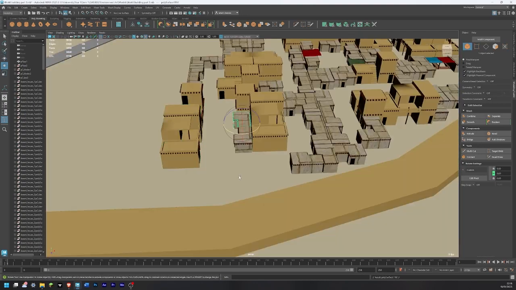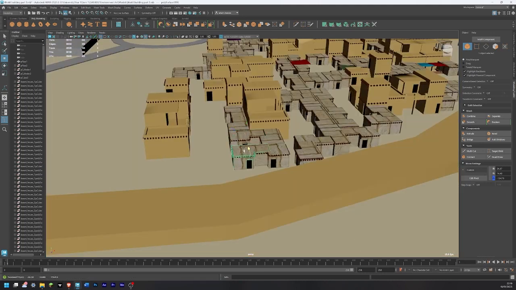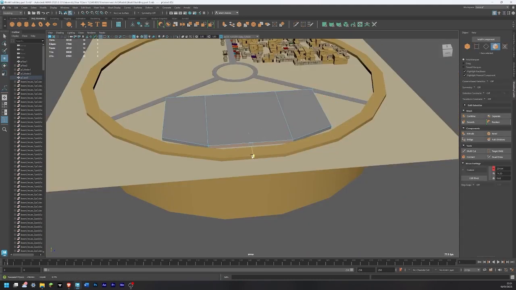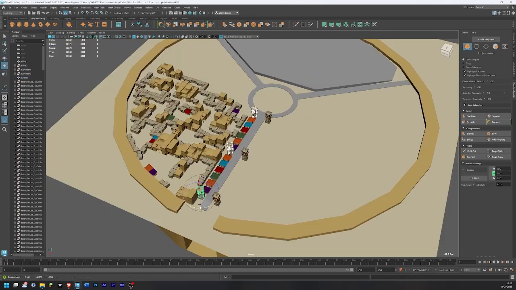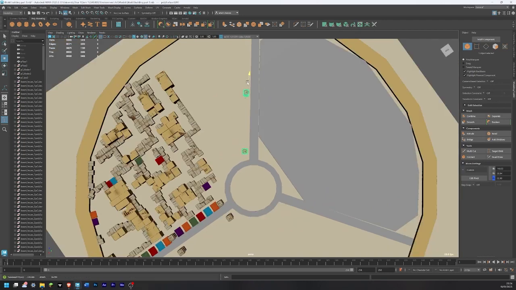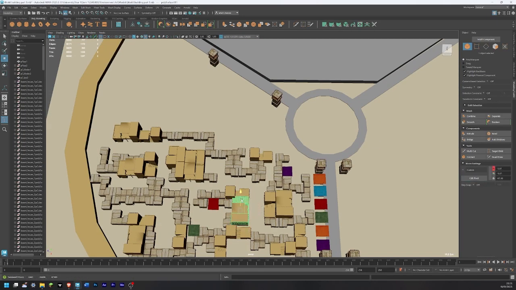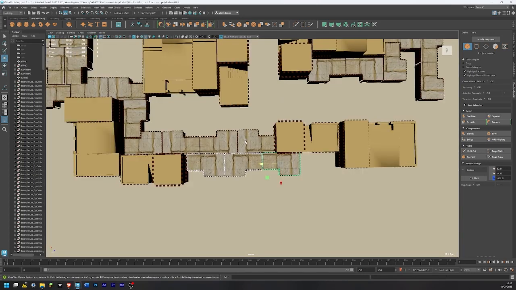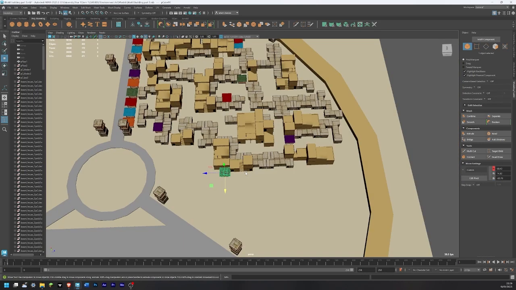Snap rotated it so it's above, and using target weld, I target welded the two faces together, deleting the middle edge to save time and also create the gate frame. I created the gate by just grabbing two polyplanes either side, so the black inverted mesh is facing on the inside,